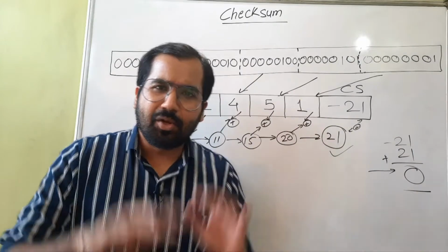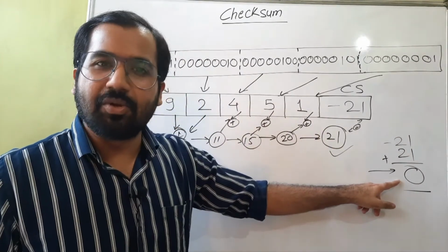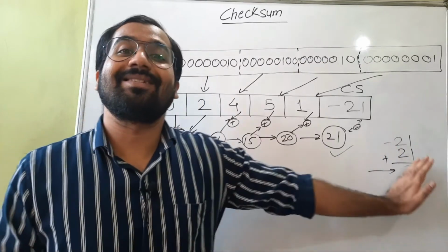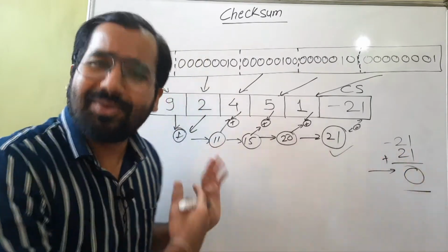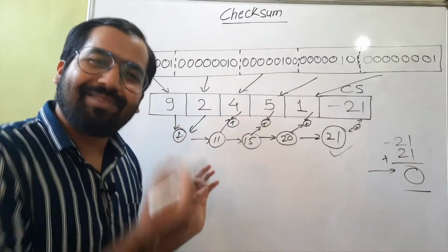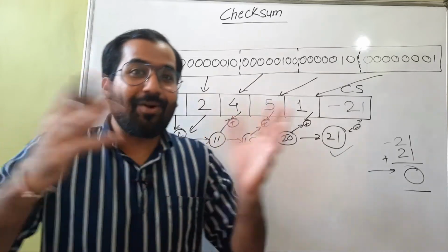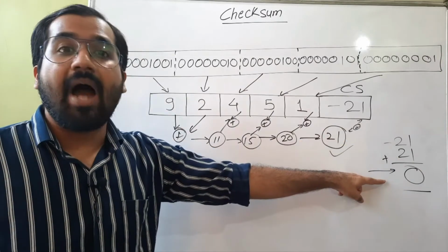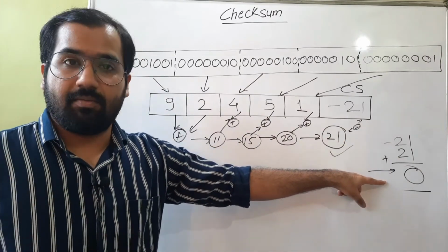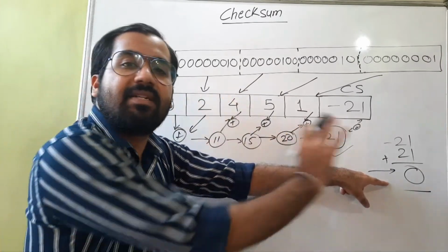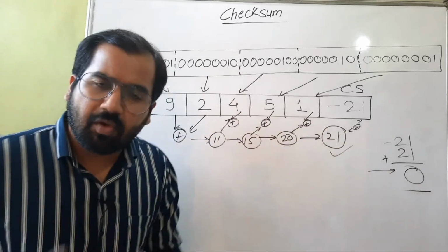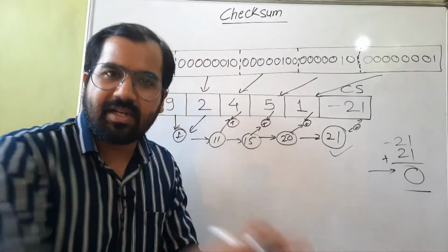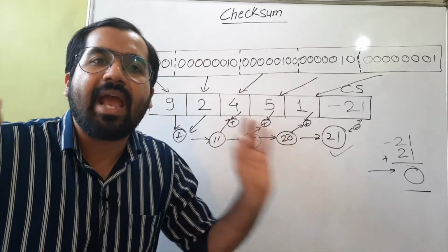You get a 0. In normal life, no one wants this number 0. Everyone wants something before this 0, maybe more zeros, and before that something like 1, 2, 3, 4. So we want that in normal life, but in this situation, this is the ideal thing you are waiting for, a perfect 0. What does this indicate? That whatever data has been received by the receiver, it doesn't contain any error.